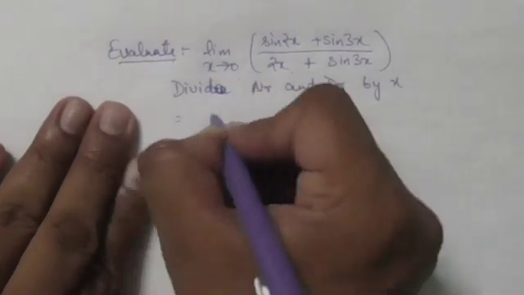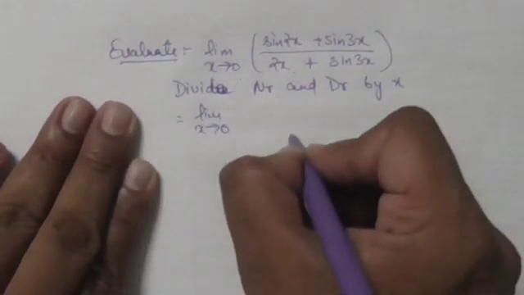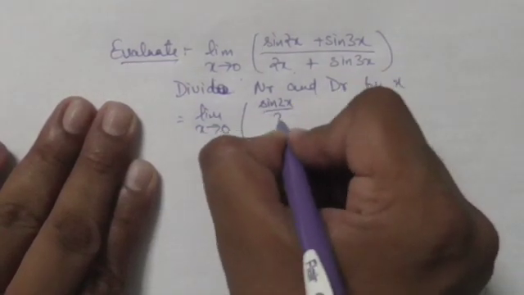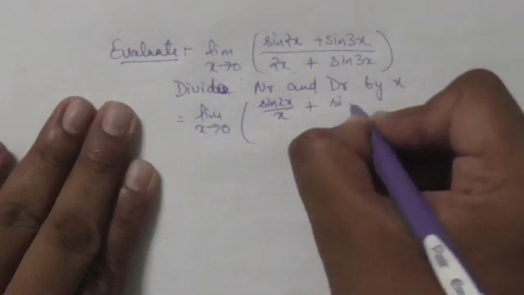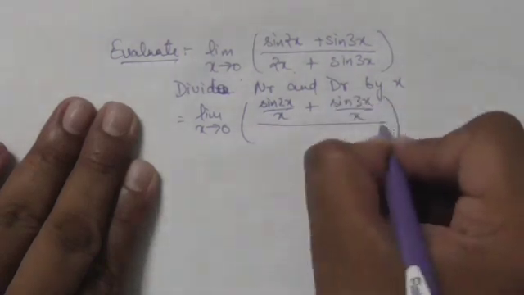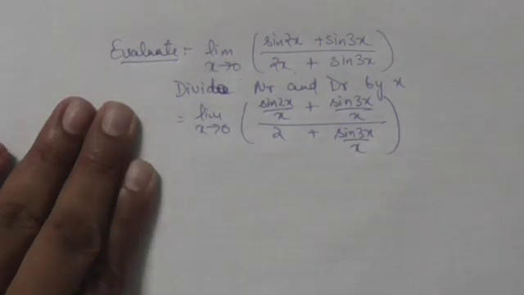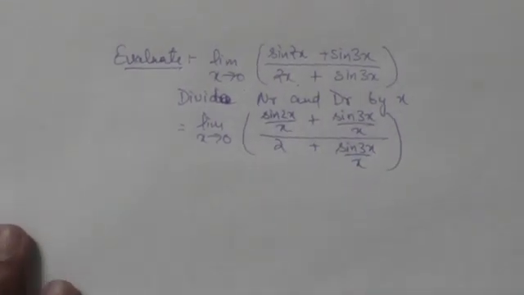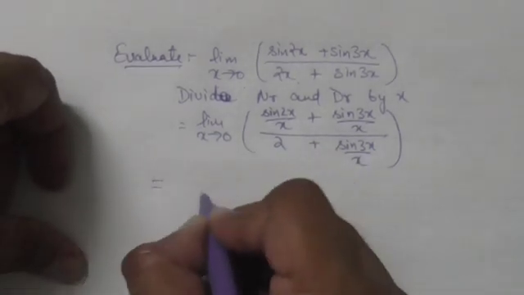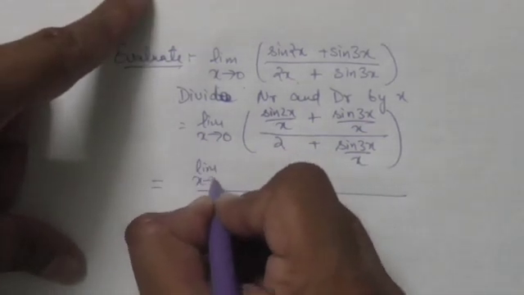So we will get limit x tends to 0 sine 2x upon x plus sine 3x upon x, upon 2 plus sine 3x upon x. So here we have divided both numerator and denominator by x. Now it will be equal to limit x tends to 0